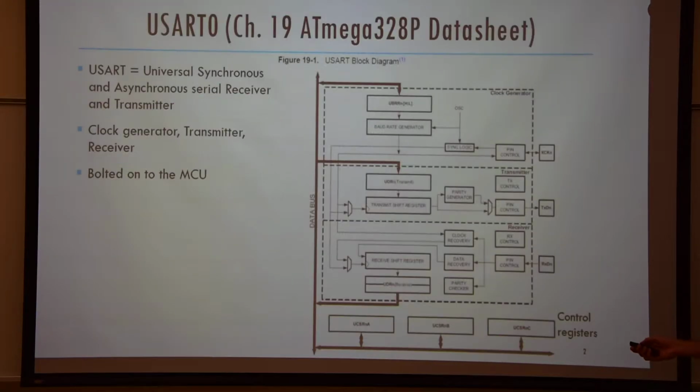So if you're going to look at the data sheet, and over the course of the semester you will be doing that more and more and more, you will actually take the ATmega data sheet, and in chapter 19, and I encourage you to do so, you will see this diagram. Now this looks pretty complex. What do we see here? So first of all, we see